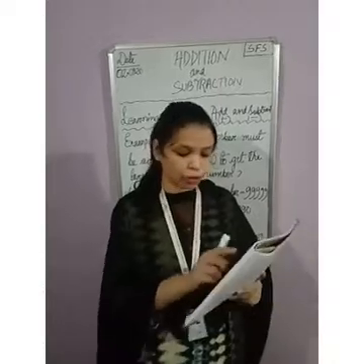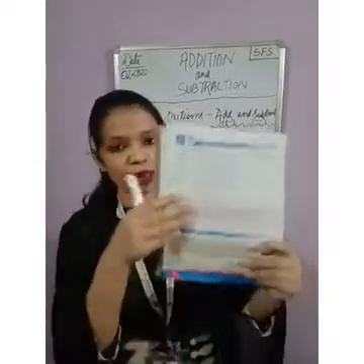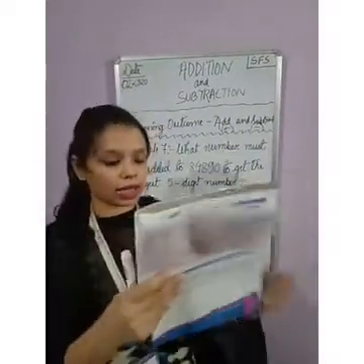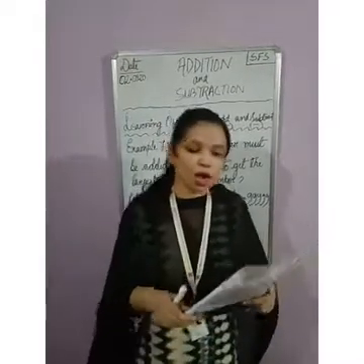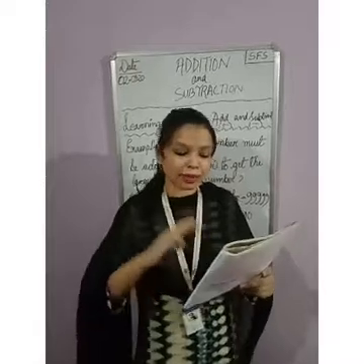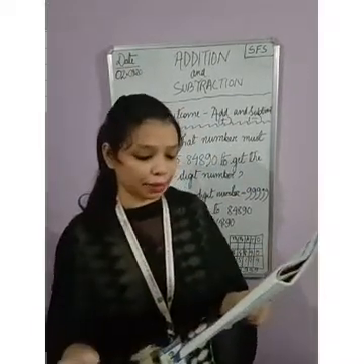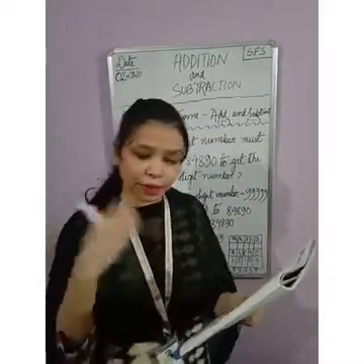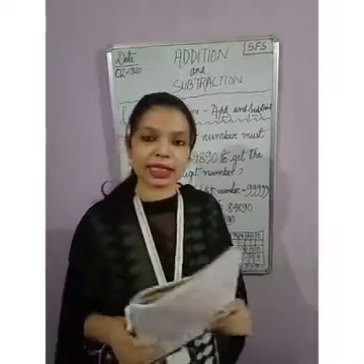One more thing I have to tell you about addition and subtraction is that on page number 44 the pink color box is given here. See? Okay. So in this box it is written here, always remember that when we add a number to itself, the sum is double the original number, and if you subtract a number from itself, the difference is 0.